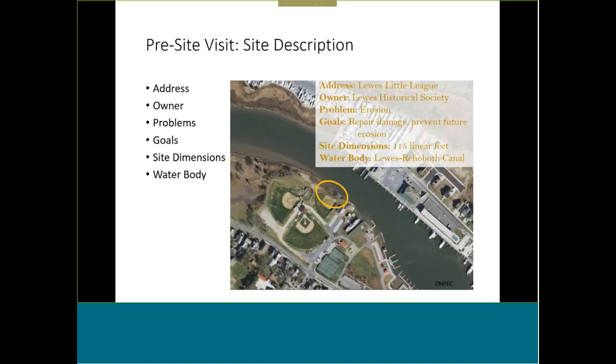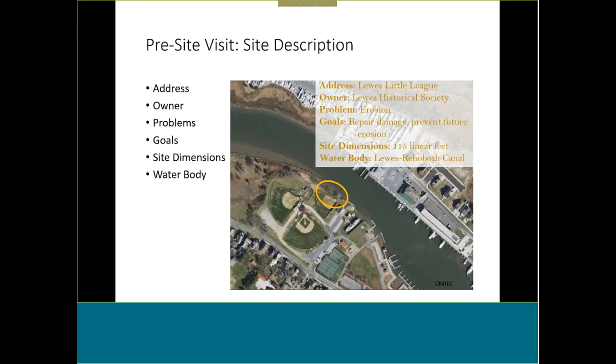Some administrative stuff is important to capture, especially if you're working on a team. Not all of you are going to be doing this desktop analysis at the same time, and especially not your entire team will probably have the opportunity to go into the field together. So include information about the location of the property, it seems obvious, the owner, and document the problems and the goals, and make sure that the owner understands and acknowledges that that is exactly what